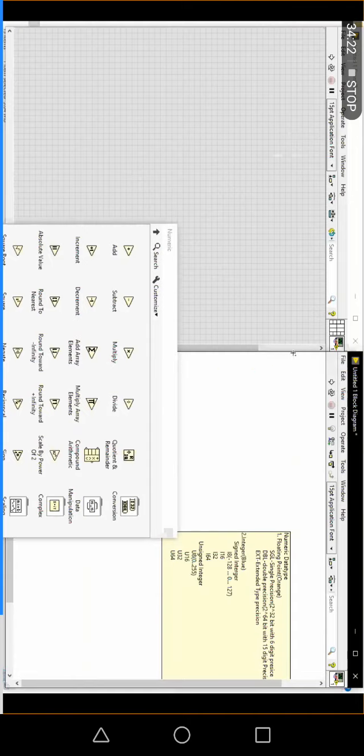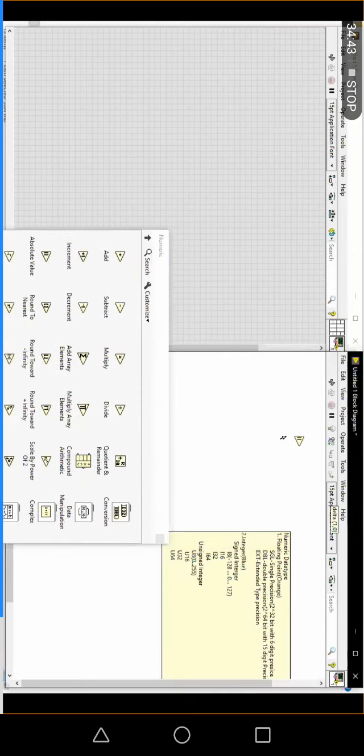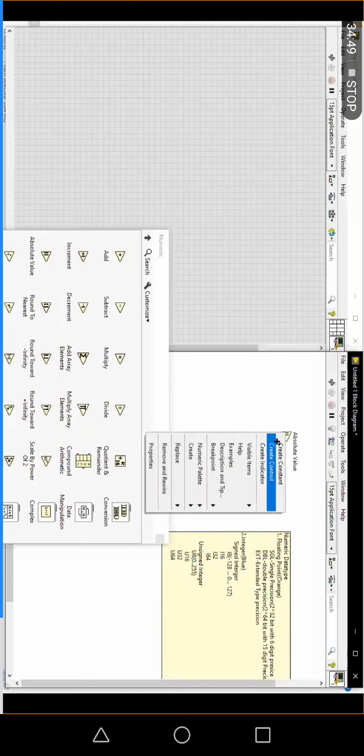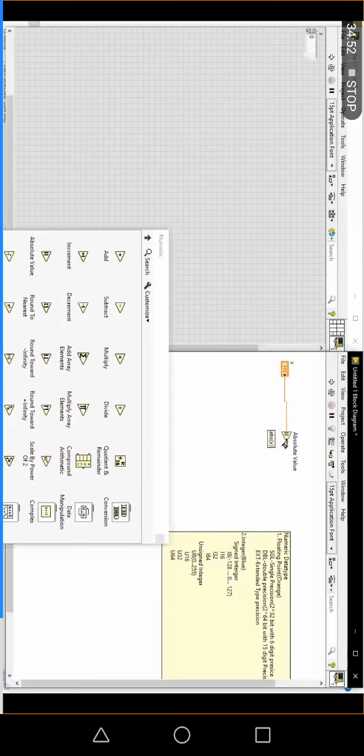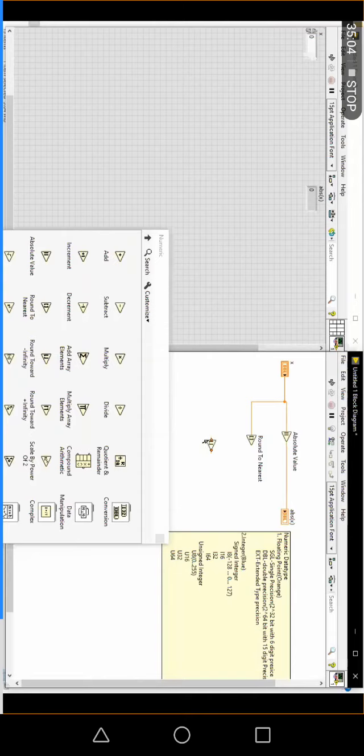The last thing in numeric is the numeric data type: absolute value is available, round to nearest is available, and round towards negative infinity and positive infinity are available. The data manipulation, complex, scaling, effects and fixed point are not required. So we'll go for absolute value. Let me create a control with one input and one output, and round to nearest value. This is also a very important problem, an important question we may expect in CLAD.